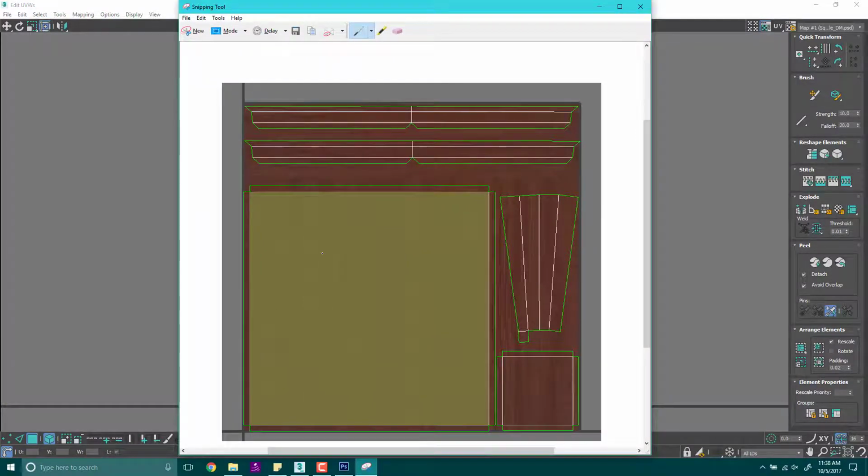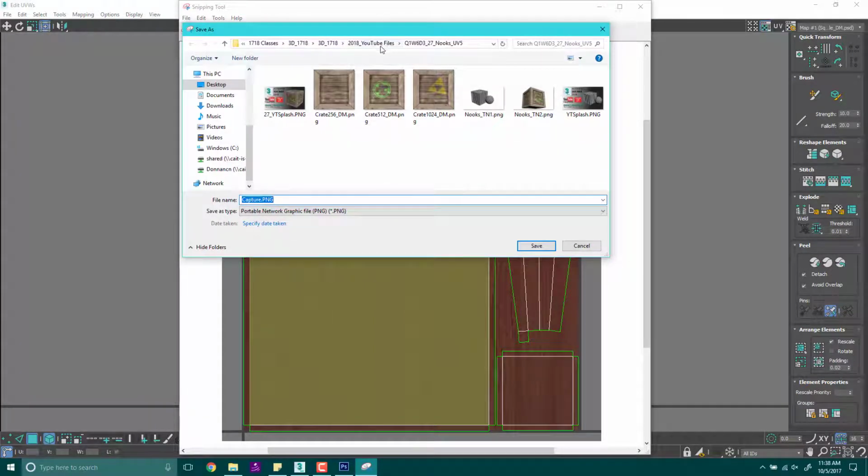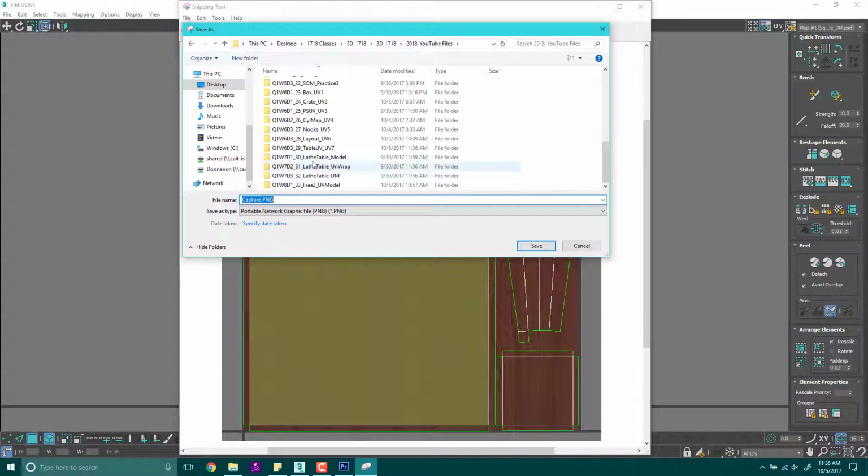If one of them lights up, that's fine. It's not a big deal. Snip that, and then you're going to send it to me. Okay, now everybody's going to be slightly different, and that's fine. But this is the image I want you to send to me to show me that you've finished your UV table. All right, and then of course you're going to save this. Just hit yes, and we're going to save it as